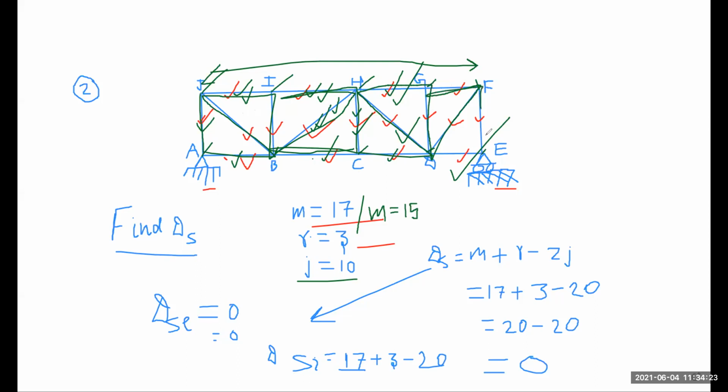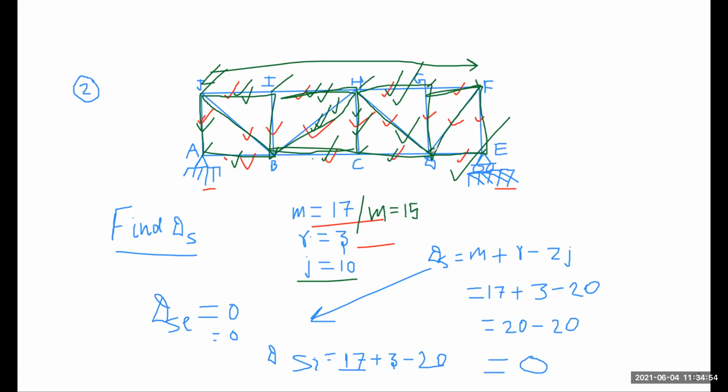So for these types of trusses we have a shortcut, a separate method. There is no need to count any number of members or joints. Just see the truss and give your results. Within 10 seconds we have a separate formula to solve these types of trusses. So do not worry, I will discuss this also. Now let us just solve another problem.